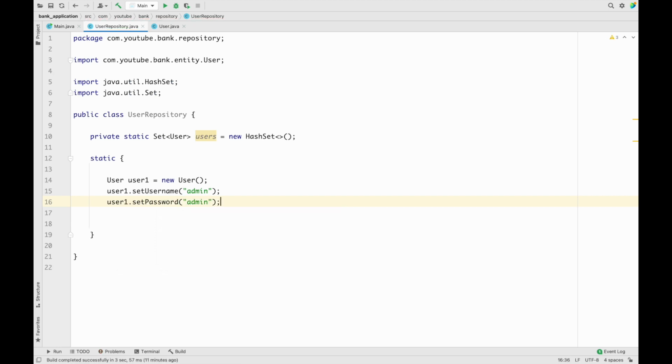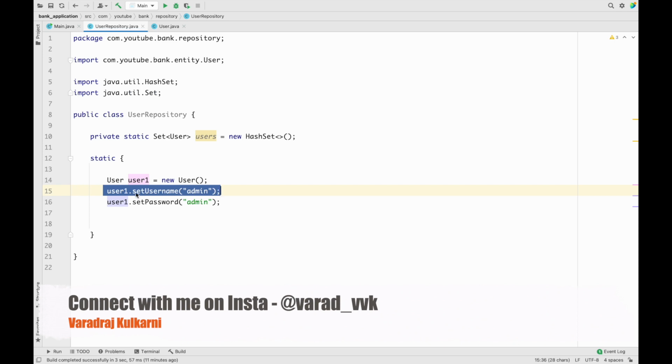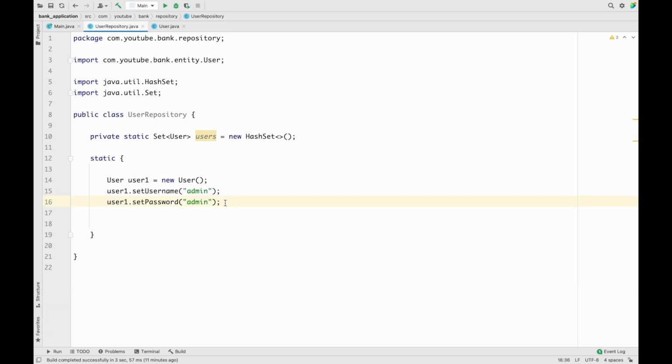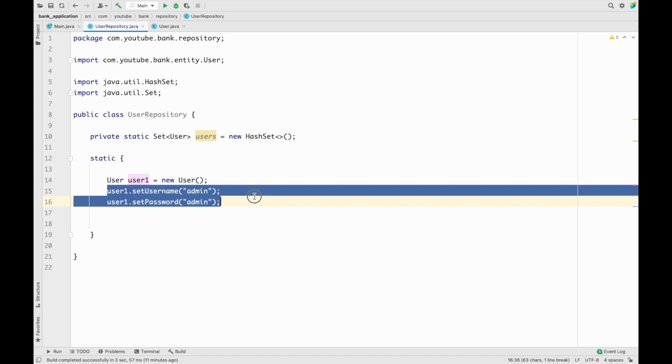Now before writing the next lines, let me tell you one thing. As of now, we have created one user. If we want to assign the properties, then we have to assign them as setUsername, setPassword, and maybe setRole, setContactNumber. So if we have 5 properties, then we have to write 5 different lines to set the values, right? But